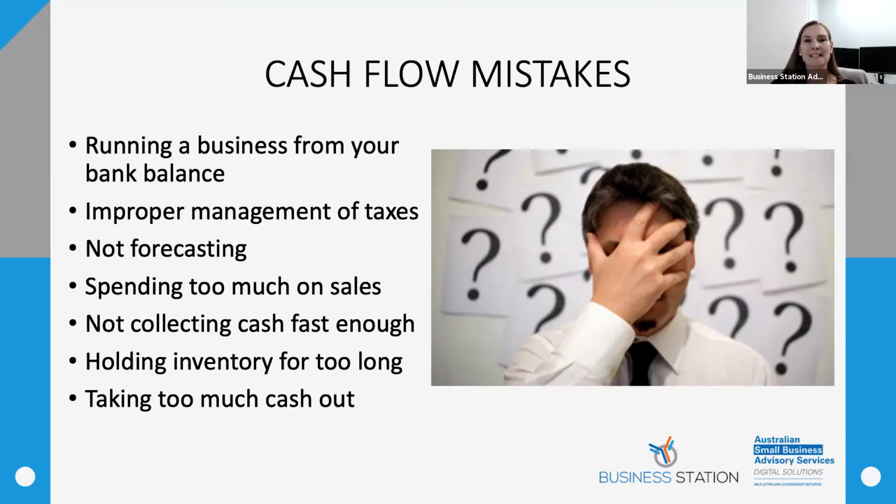Spending too much money on sales. As a small business, you absolutely need new customers, but you have to consider what the cost is to obtain those customers. Are you tracking an acquisition cost of a customer? Do you track the total revenue that each customer generates you? It has to be higher than the acquisition cost.